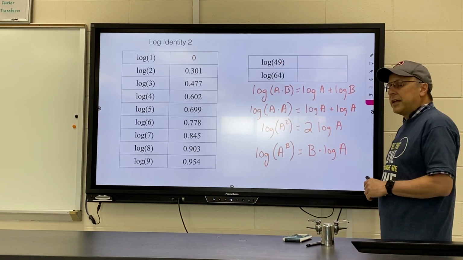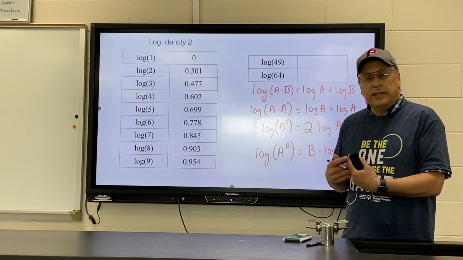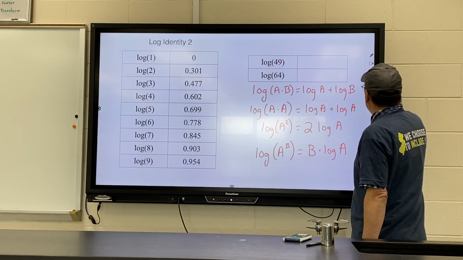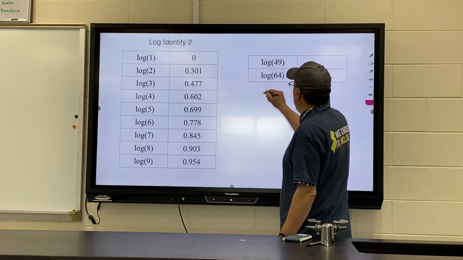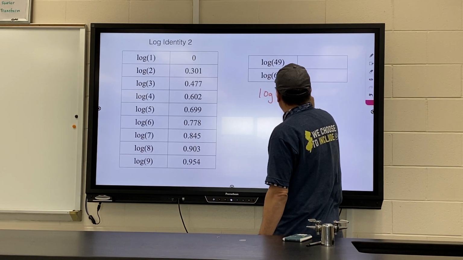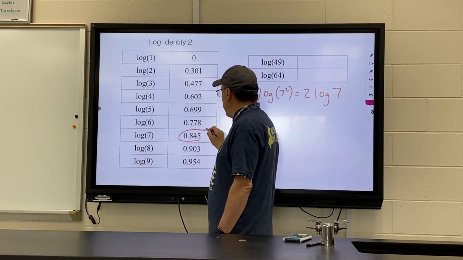Back before calculators, it was a lifesaver, and now it's an occasional necessity when the numbers are too big for our calculator to handle. All right, so let's try it. I hope you see that log of 49 is the same as log of 7 squared. So if you look at the log of 7 and double it,